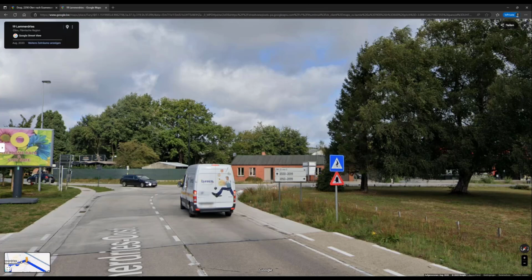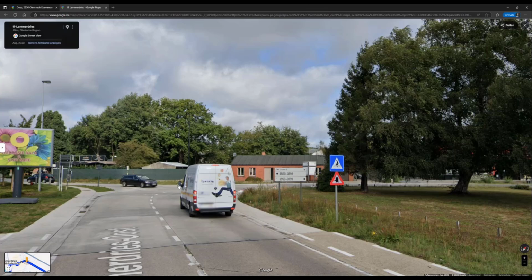So let's say this car wants to turn to its left, and this van also wants to turn to its left. So the van will turn first, the car has to wait, and then the car will turn to its left and continue. So the same thing you will do because you have to make a left turn here, and the street here on the left is called Lamadrieswinkel, and you will just switch on your indicator and make